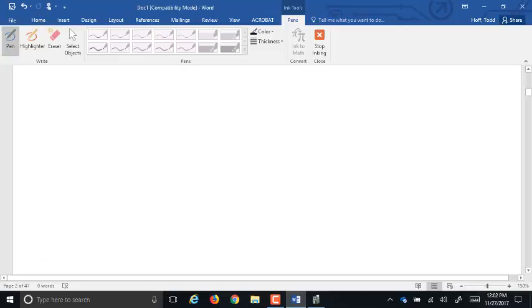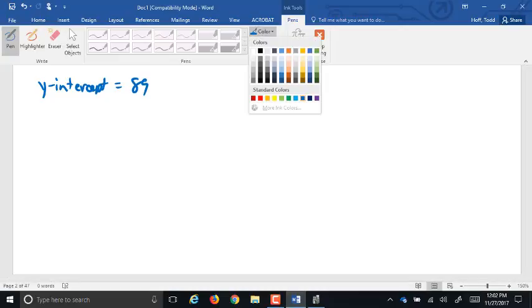So of course we've got that initial value, that starting value of 89. So that's our y-intercept. So for our average rate of change,